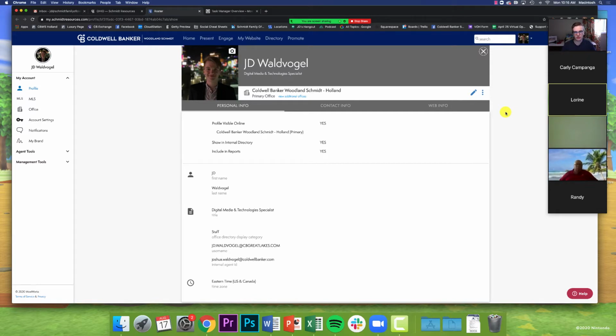Moxi has three main parts to it. The first is the consumer-facing websites that we use, which is literally just called Moxi websites. The second is Moxi Present, which is the listing presentation tool, which we've done. You can see previous trainings on how to create listing presentations, how to use that for newsletters, even send out to your sphere. And then the third part is Moxi Engage, and Engage is the CRM part of it,